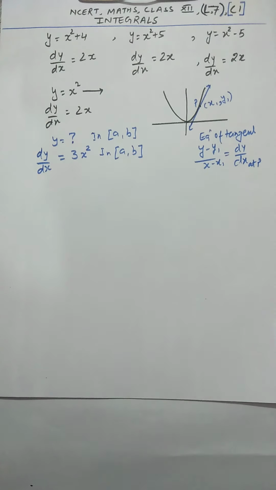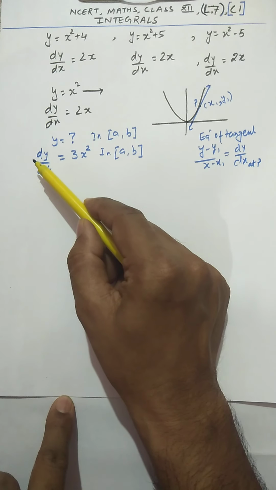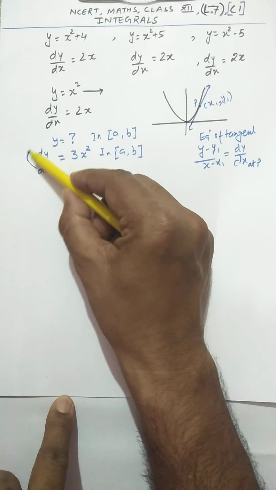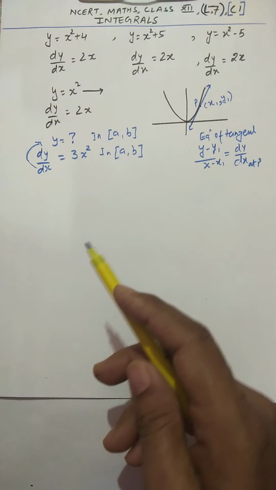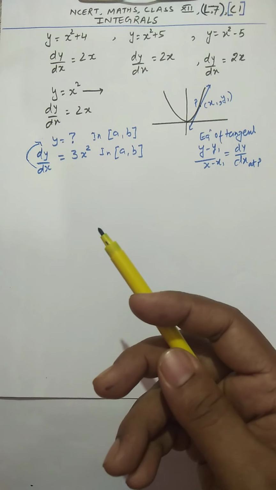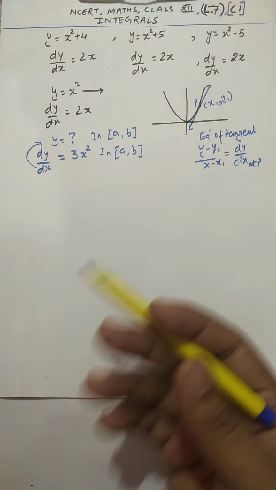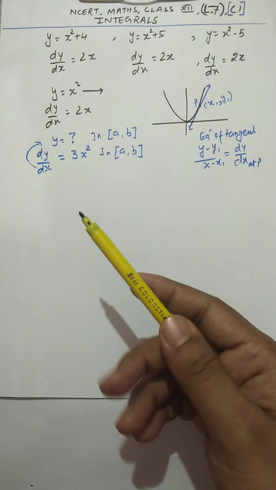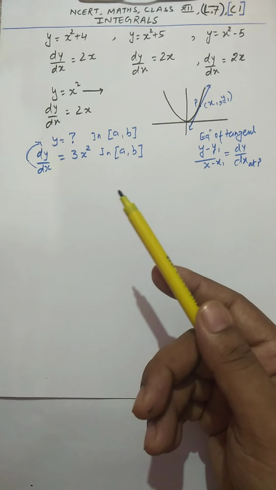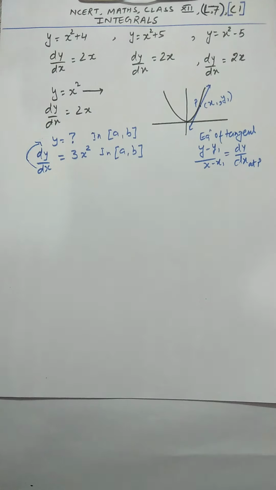So if I have to find the function whose derivative is this, we have to go in a different way, and that way will be the reverse process of the differentiation that we normally used in previous chapters. So the reverse process which will give me the function y is called the process of finding antiderivative. So antiderivative, or you may say primitive, is actually to find the original function.